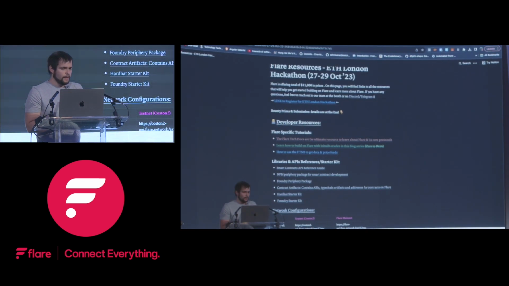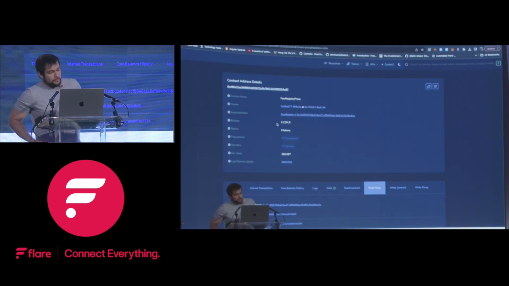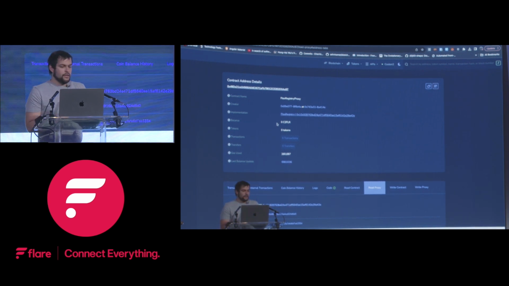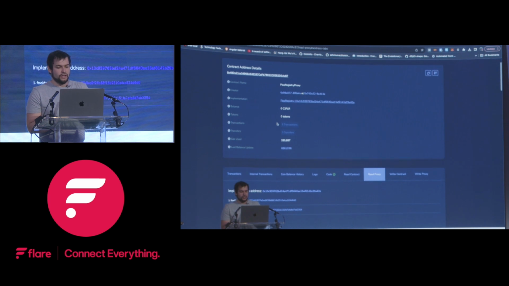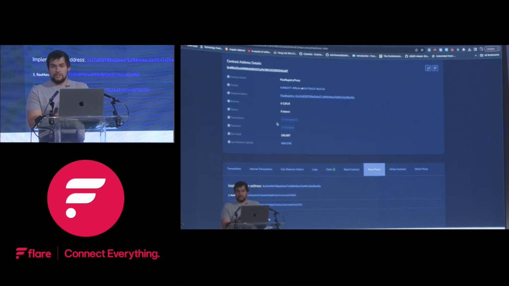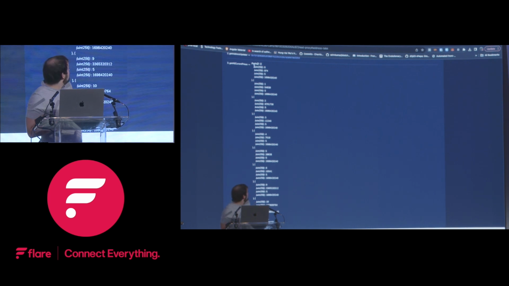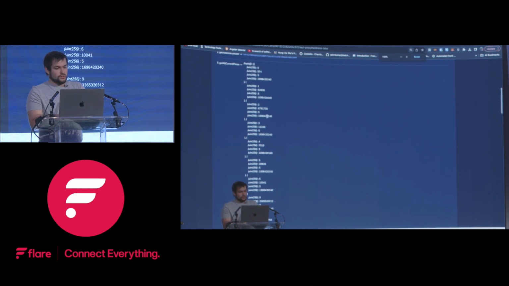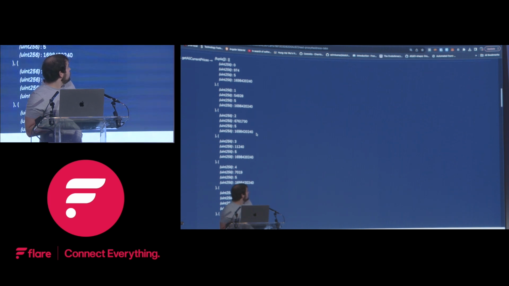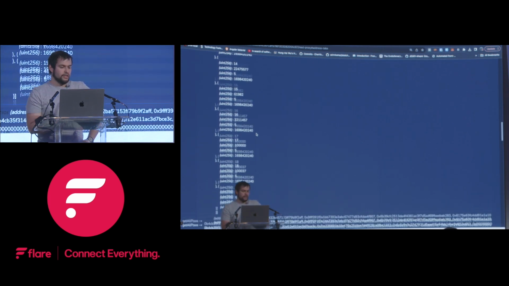Okay, let's take a look. So here's Blockscout. All the existing tooling works, and we're directly at the FTSO registry. It's a proxy contract, so we can easily upgrade and check it. And we can see that here's a huge list of all supported FTSOs. But we don't really want to take a look at this. We want to take a look at the specific